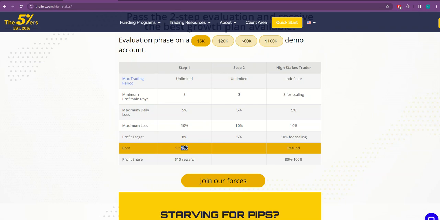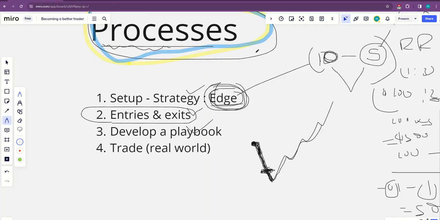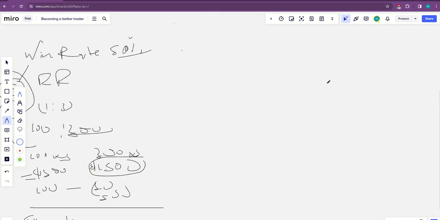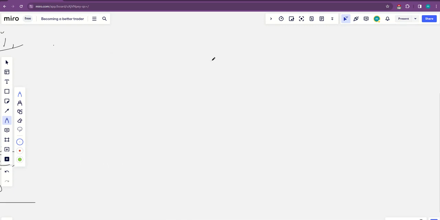So when you get this challenge, it's only $39, $39 for a $5,000 account. But in reality, let me just show you something. It's just an illusion anyway. So let's say you bought a $5,000 account. You don't have $5,000. You have $500. Oh, this is interesting. Why am I saying you have $500?